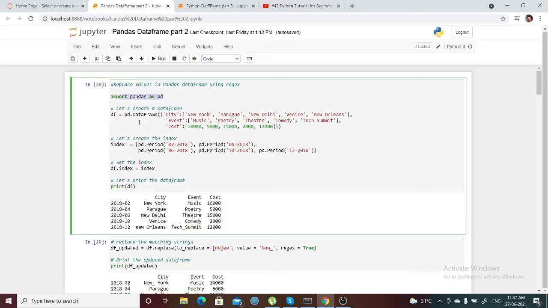We have to import pandas, and as you already know, in pandas we have the DataFrame function that we need to import. I have created an alias for pandas and am importing the DataFrame function, and I can pass any list, series or dictionary to create a data frame.